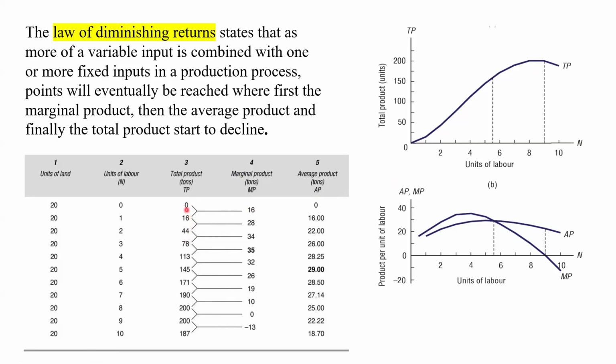You can see here we had one worker, one labor, and 20 units of land. Sorry, the cost of land is basically 20. The total product produced by this worker is 16, right? We employ another worker, the total product is 44. We employ another worker, combine it with the fixed inputs, the total product is 78. Employ another worker, there are now 4, combine it with the fixed inputs, the total product is 113, and so on. You can see that the total product is